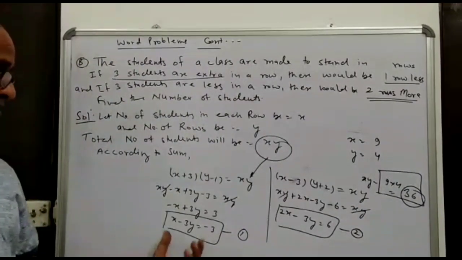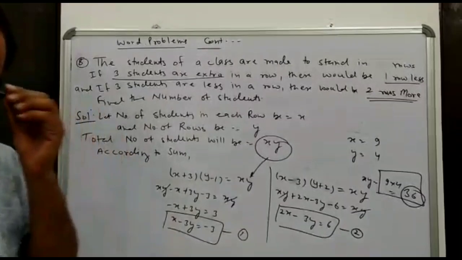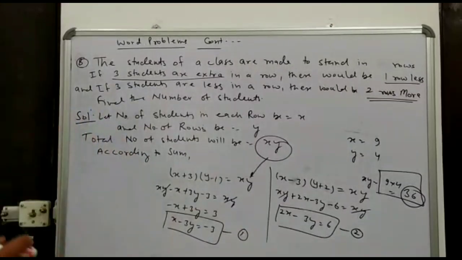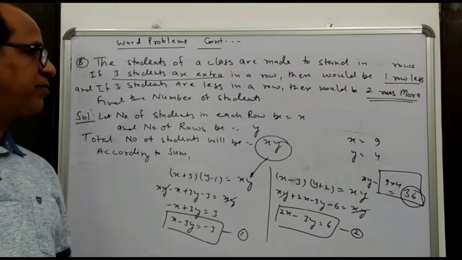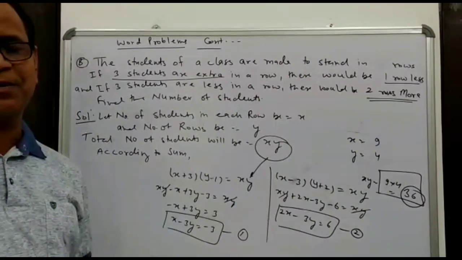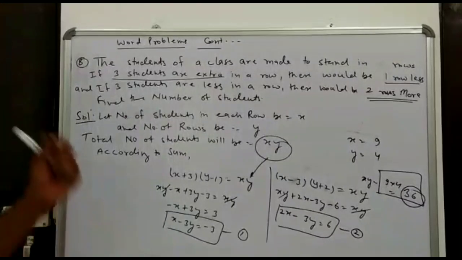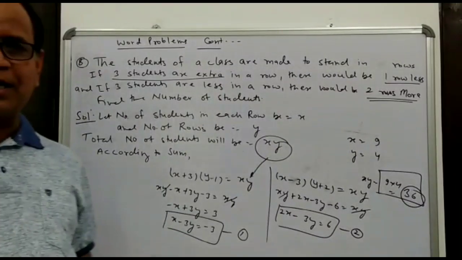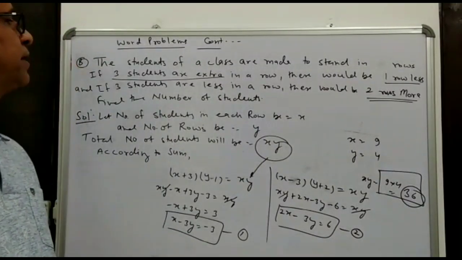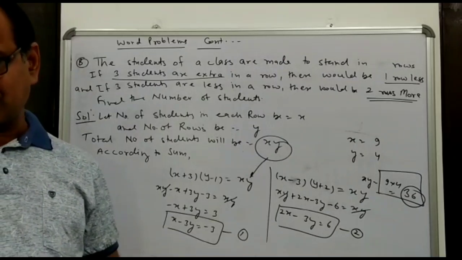All of you understood this? So this is the last type of sums, and I have already explained 8 types of sums now. You do the practice, and from the next class we will be starting chapter number 4. When we will be doing chapter number 4, in between I will give you more problems from chapter number 3, word problems also.